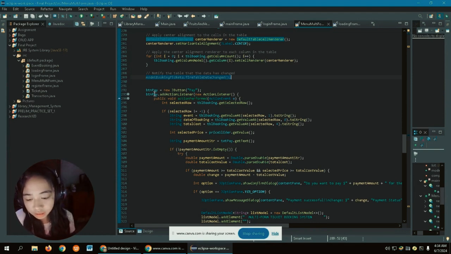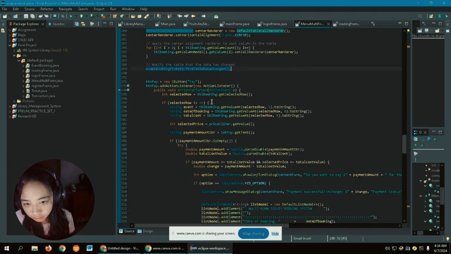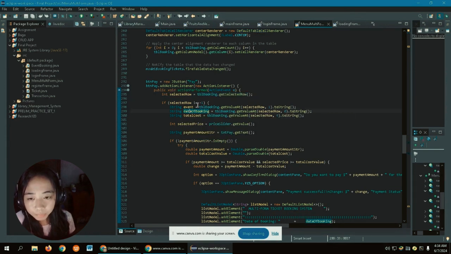If you click the booking, I think so, this will perform an action listener that if you click a selected row, it will get the information for the event, date of booking, and the total cost.